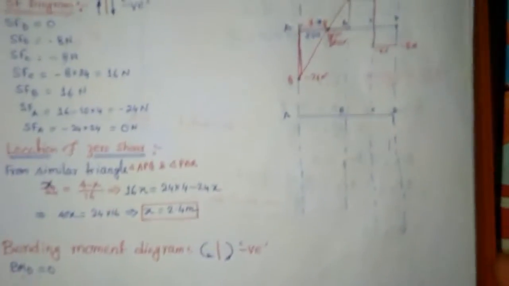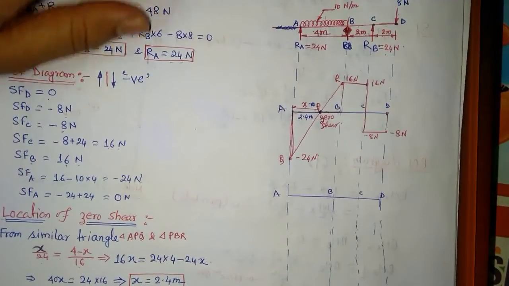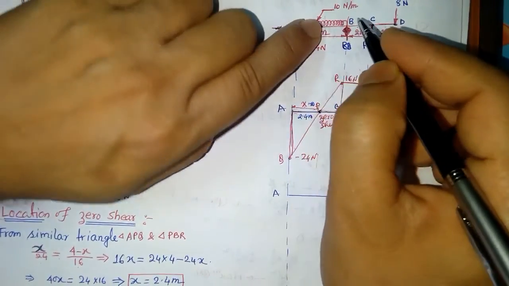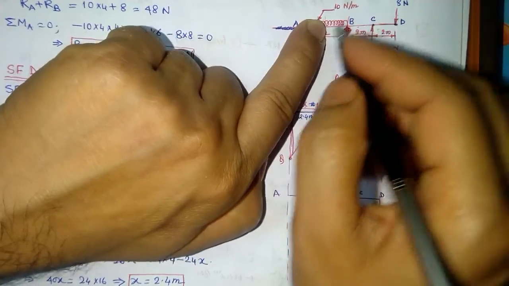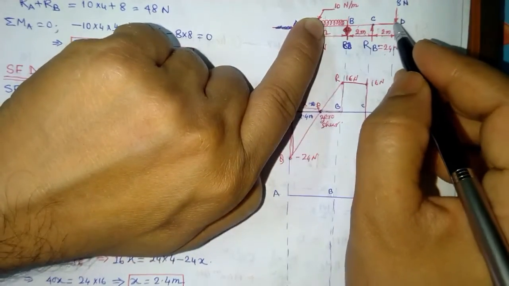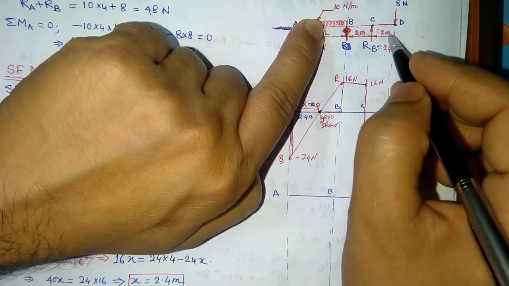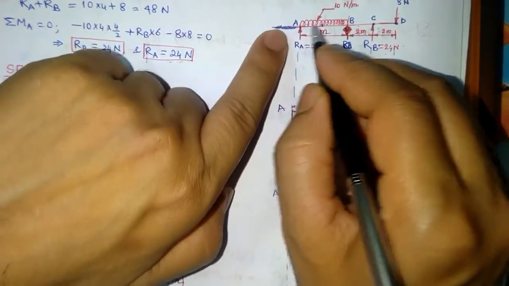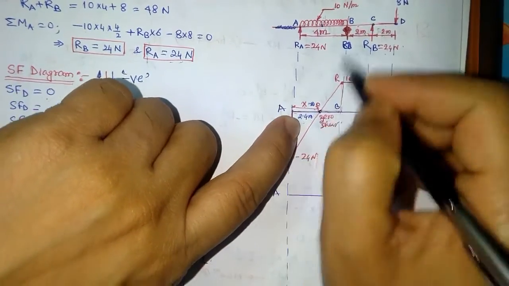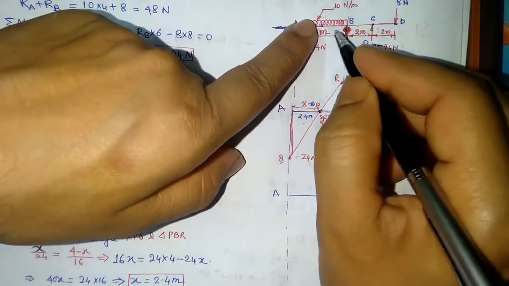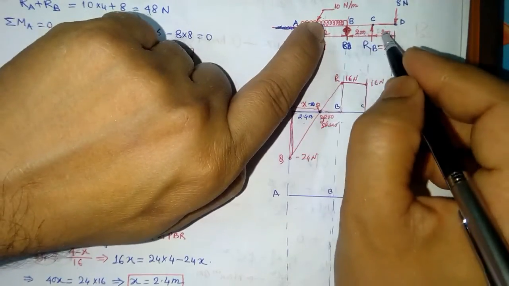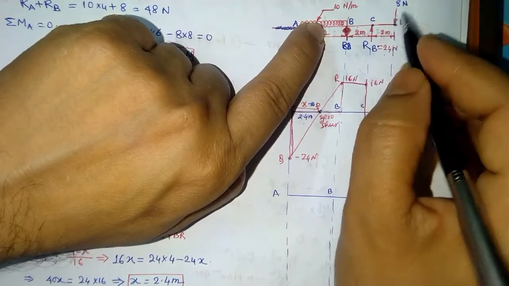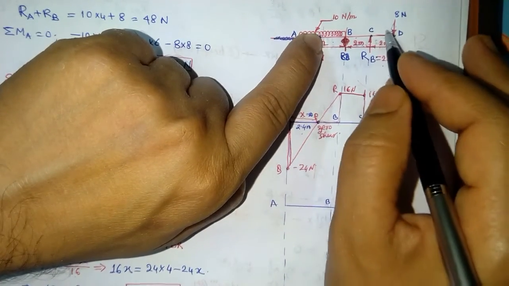So for that, suppose at this point we find, we get 8 into 5.6, from this side we got 2.4, from this side we get 1.6, total distance is 5.6, so 8 into 5.6 minus